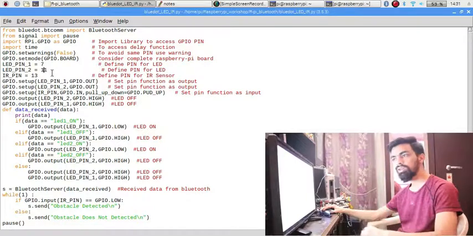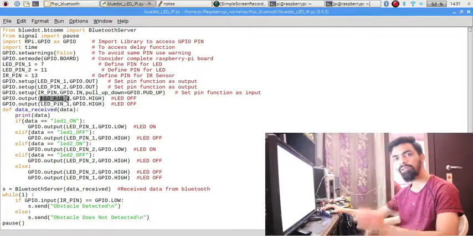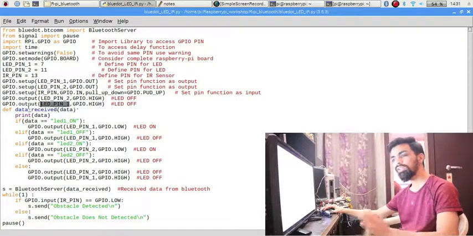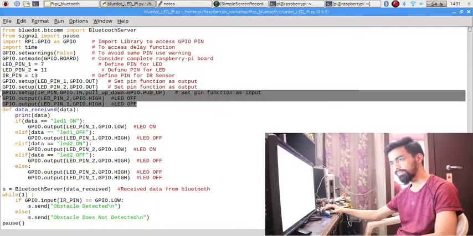This logic is called active low logic. So to turn off the LEDs, we send a high signal on LED pin 2 and LED pin 1, using GPIO.output(LED_pin_2, GPIO.HIGH) and GPIO.output(LED_pin_1, GPIO.HIGH). In this way we have turned off both LEDs.